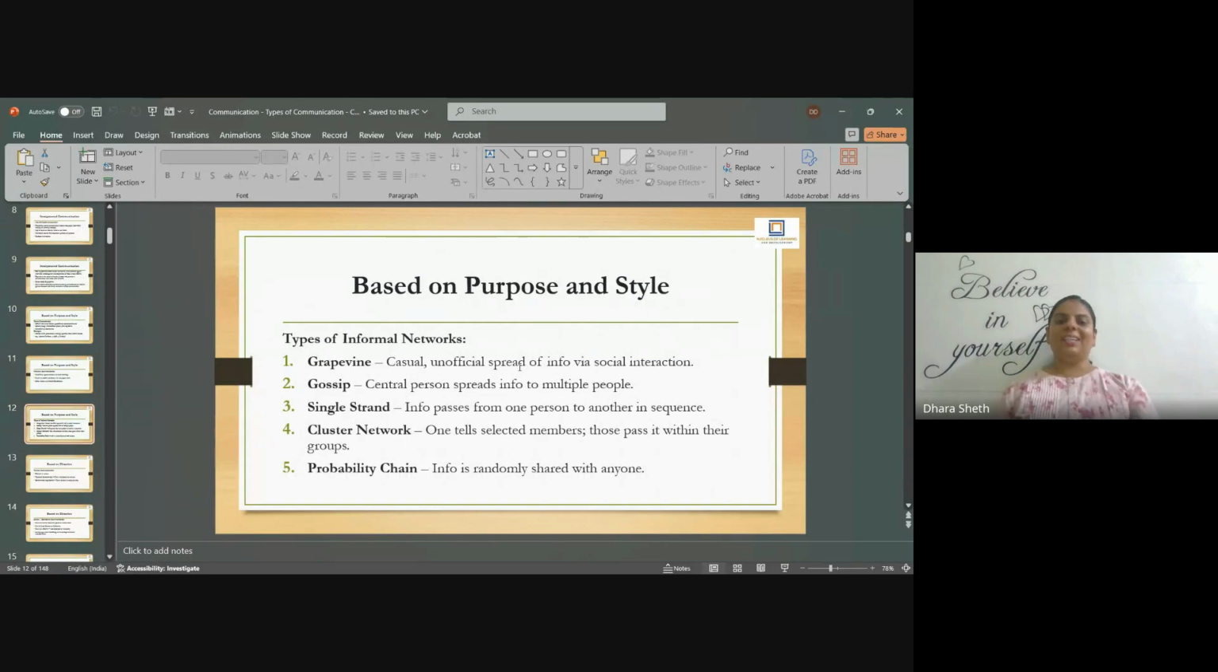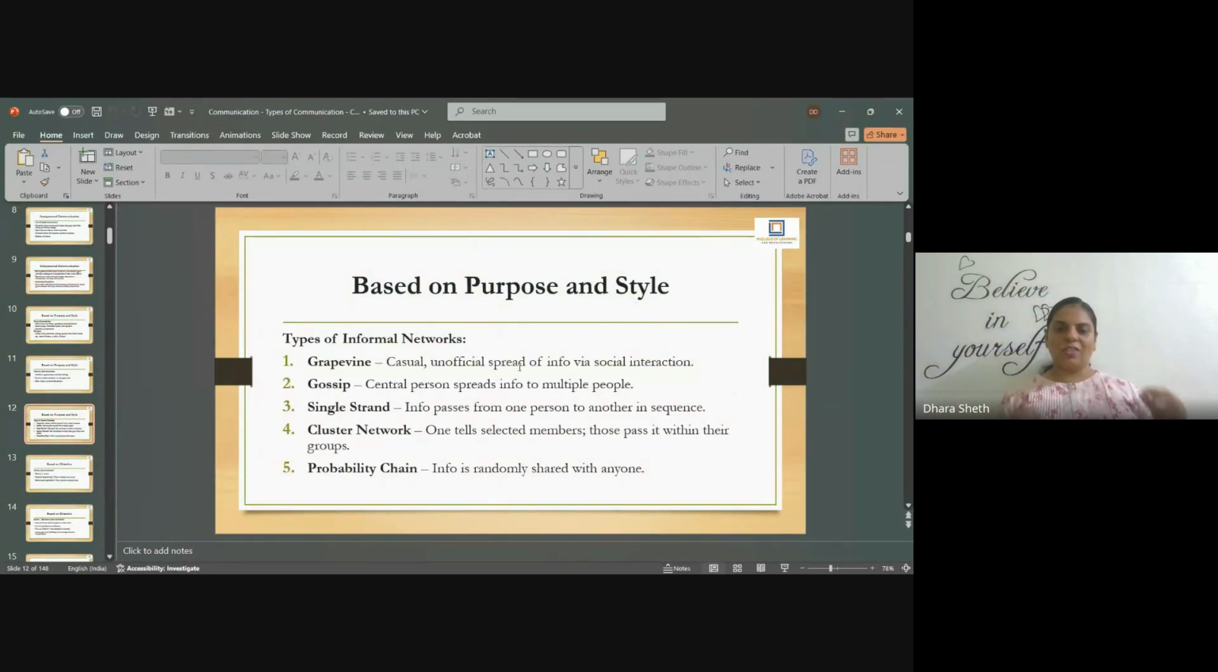So what are the different kinds of informal networks? Grapevine. Gossip. So grapevine is you tell someone, he tells someone else, then that person goes and tells 2 other people. They go and tell 2, 3 more different people. That's called the grapevine. Like a vine of grapes,